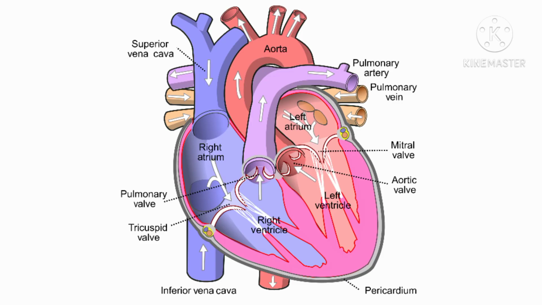The heart is a fist-sized muscular organ that pumps oxygen-rich blood throughout the body. The heart is divided into 4 chambers. The upper 2 chambers are called the atria, and this is the right atrium and this is the left